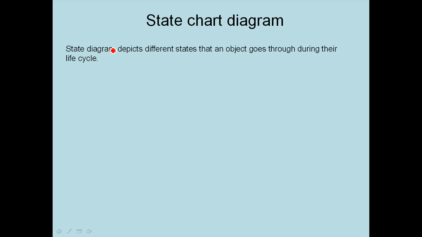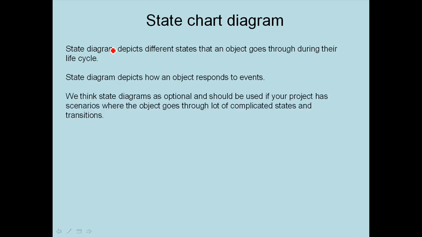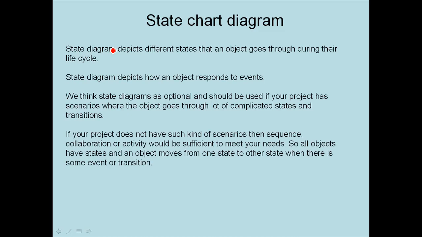First thing, state chart diagrams are very rarely used diagrams, because most of the complications which you can represent by a state chart diagram can be represented very easily by using either sequence, collaboration or activity diagrams. So if you have gone through the sequence, collaboration or activity diagrams, from my perspective, if you draw them properly, you don't need a state chart diagram. But still there are scenarios in projects where you would like to have a state chart diagram for more readability and probably to give a different view of